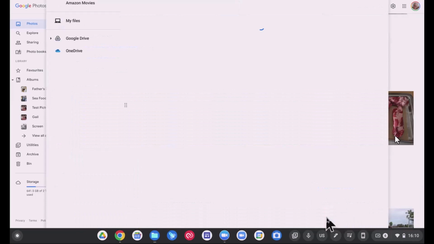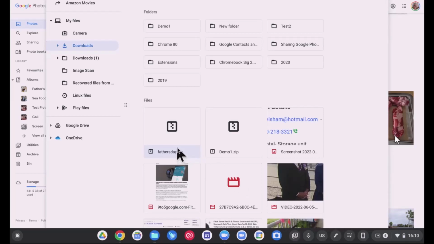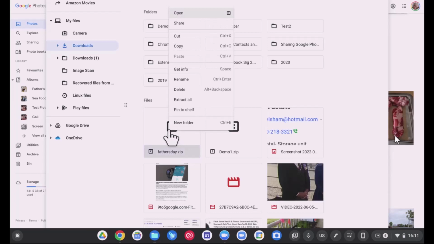This is going to bring up the Files menu, and you'll see here we have a file called Father's Day.zip. Now, these are zipped files. Of course, you have to unzip them and save them. Watch how easy this is. Right-click, Extract All. You'll see now there's a new feature called Extract All right here. So we're going to click this,